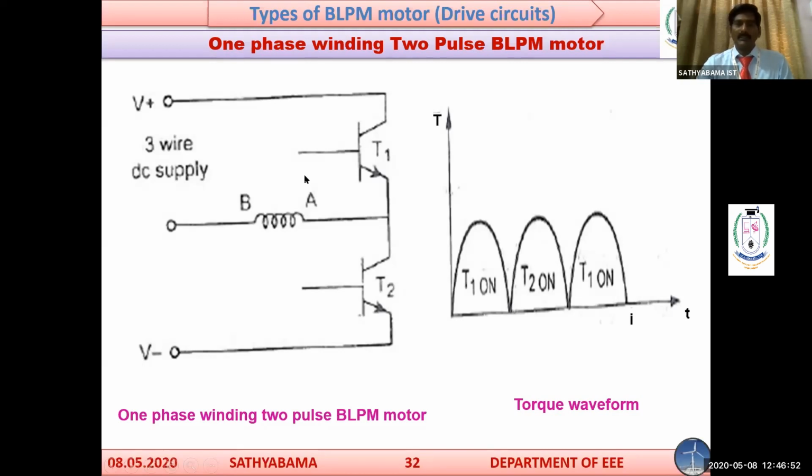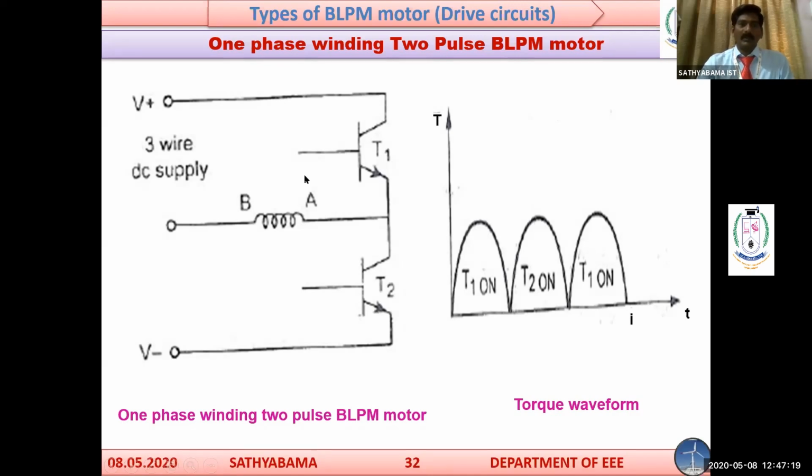When both the inputs are high, then the AND gates will be operating. The output of the AND gate is connected directly to the lower devices. So these are 6 switches. Out of the 6, the upper switches get the signal directly from the commutator logic circuits, and the lower switches are connected to the AND gates. The output of the AND gate is connected to the base of the lower switches.